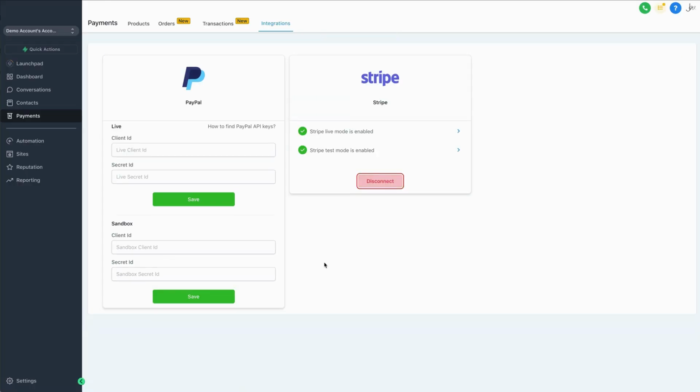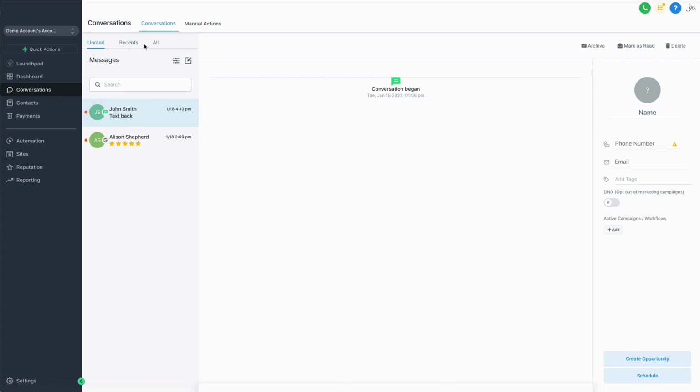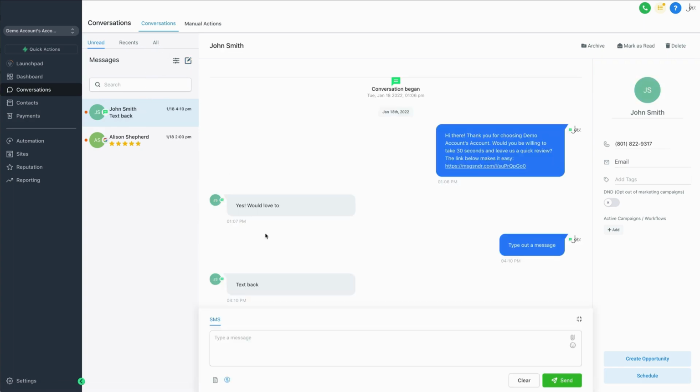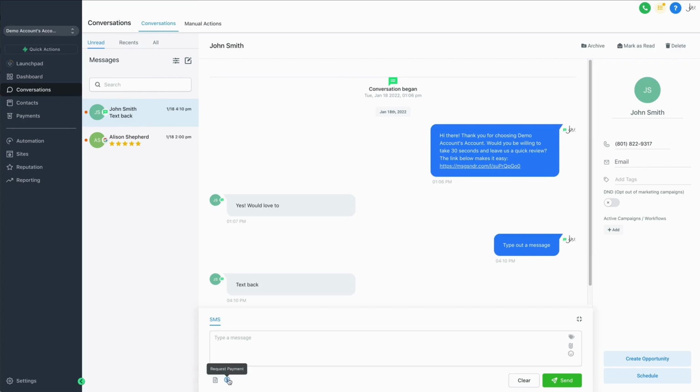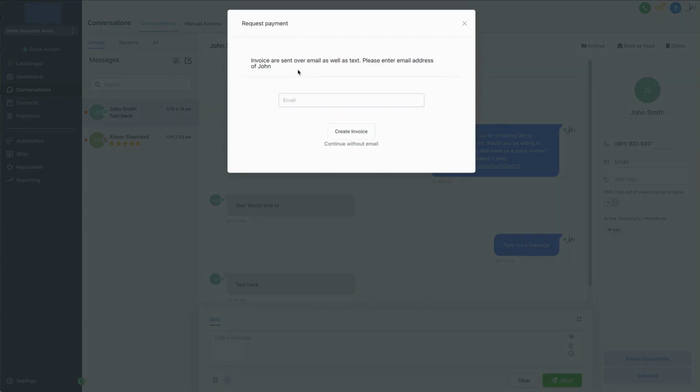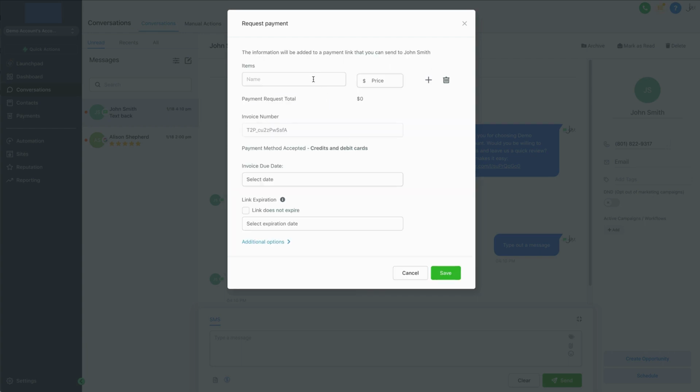From here, we can simplify your client invoicing and even send an invoice via text. We can do that by clicking on Conversations, and we can either create a new conversation, or from within an existing conversation, we can click on this little money icon of request payment, click on this, and then from here it says invoices are sent over emails as well as text. Please enter an email address, John. So you can either enter the email address or click continue without email,